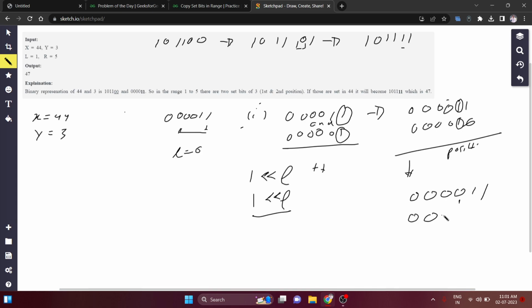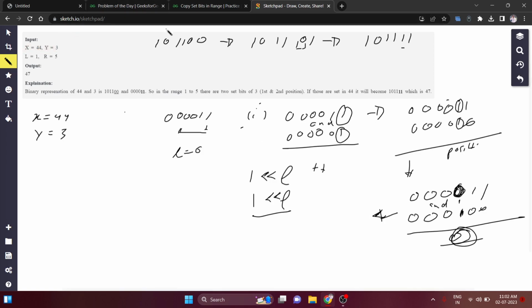We take AND with 1, and the current bit is 0, so if the bit is 0, we get 0. That means the current bit is not set, so we will not modify the current bit in x. We check the next bit, and we keep on checking until we hit our range R. This is what we have to do.